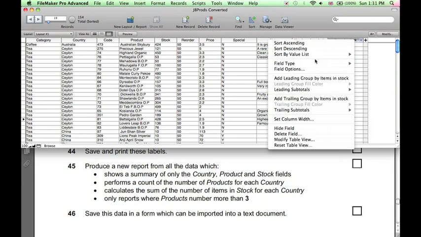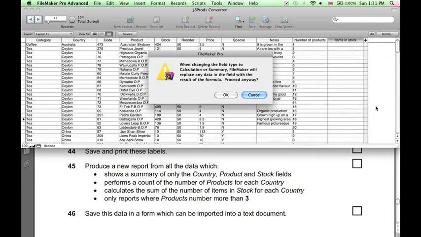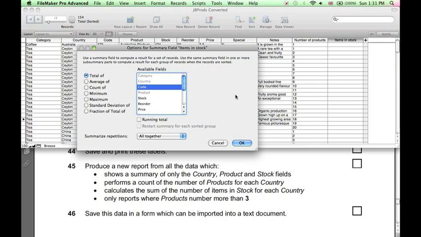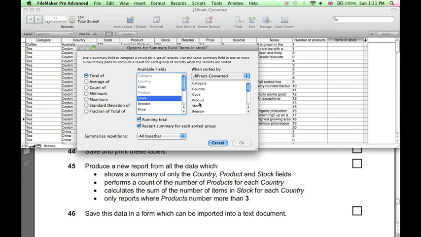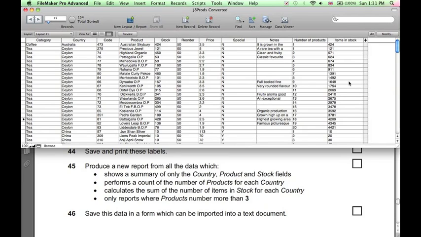Items in stock, right click, field type, summary. Okay, now this is the total stock, or the total of the stock field for each country. So again, running total, restart when sorted by country. Okay,